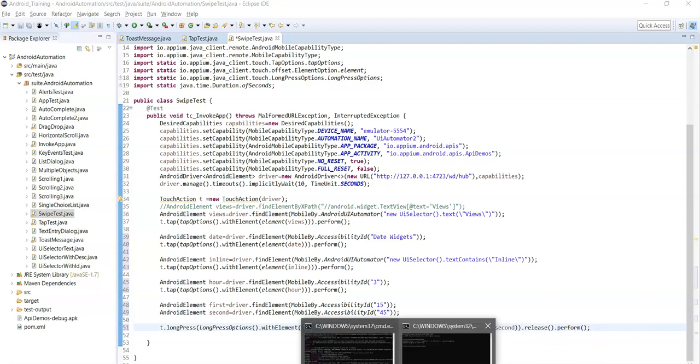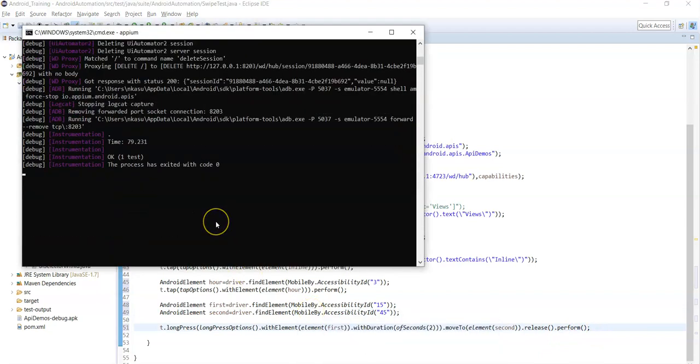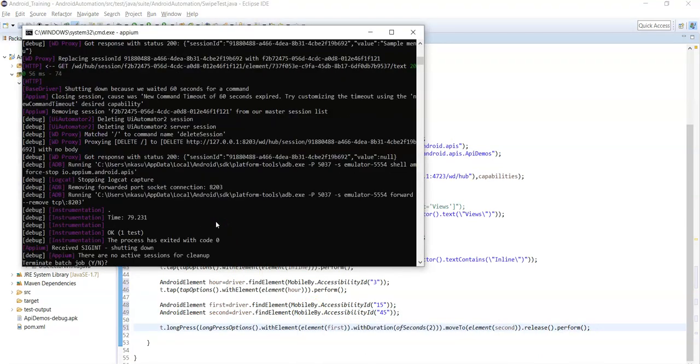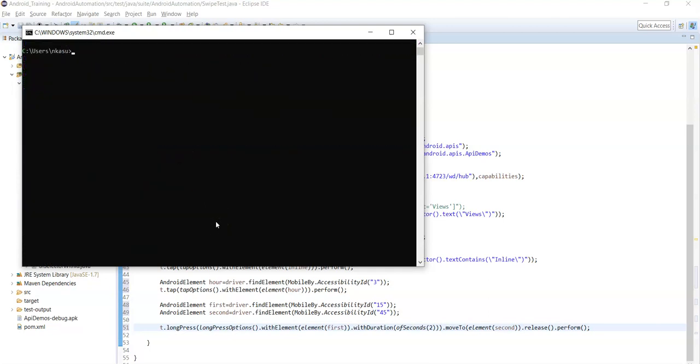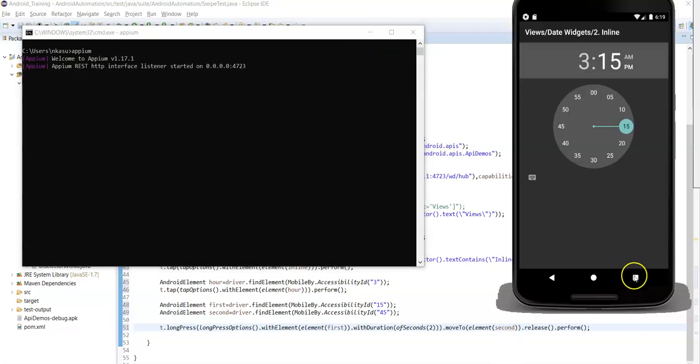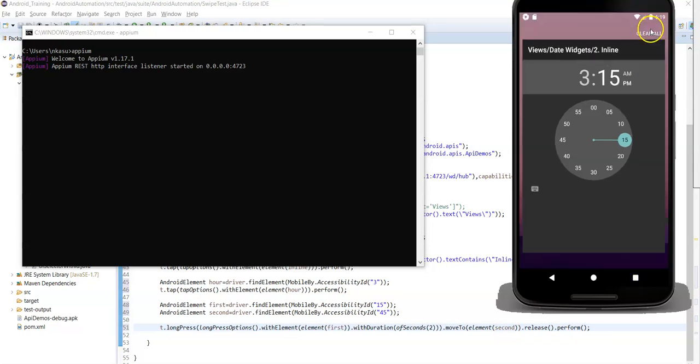Now let's run the script and see whether the swipe is working or not. Before running the script, we must start the Appium server. And also it would be better to close the app.